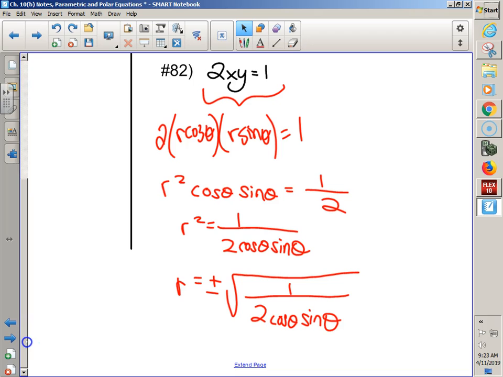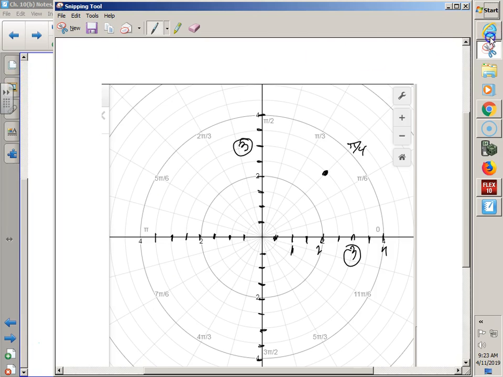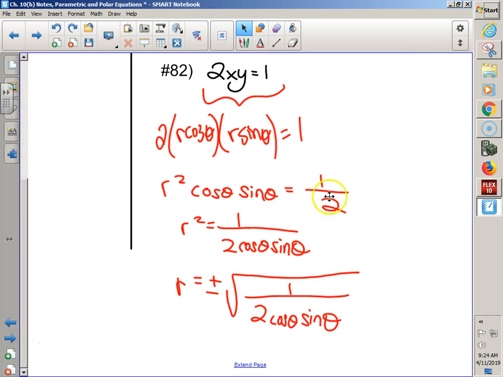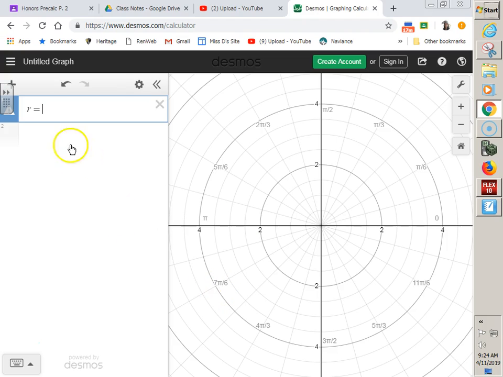No, not necessarily. But if you were to do it, you should have seen, I think, well, let me see. I don't think this calculator actually does r squared. In other ones, you kind of memorize something to do with r squared, but this one you don't. When you plug into yours, doesn't r have to be alone when you're in polar mode? Yeah. Okay. So I'm going to do the positive square root of,